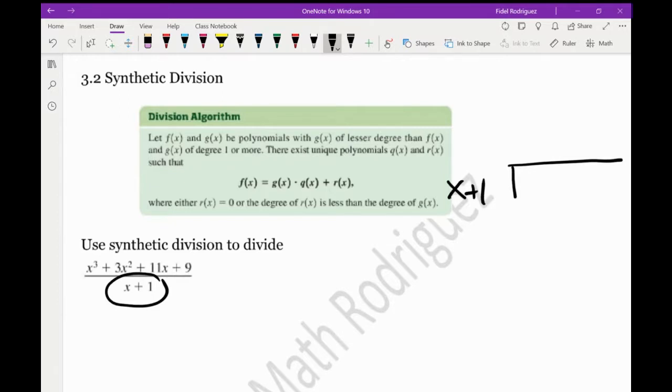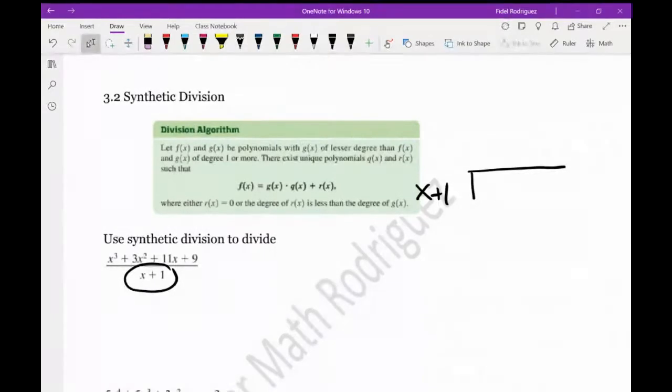And we're dividing x to the third plus 3x squared plus 11x plus 9. So let's go like this. X to the third plus 3x squared plus 11x plus 9. Okay, so we're going to divide like the way we used to when we were back in junior high, elementary school, whatever it happened to be, right? Okay, what I want you all to think about for a second is,